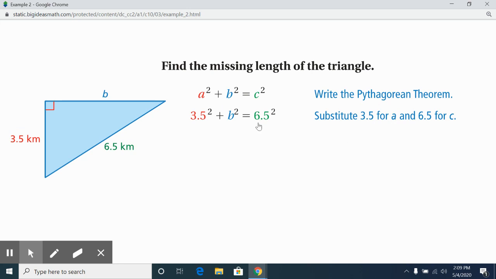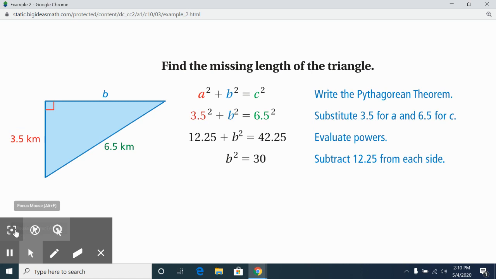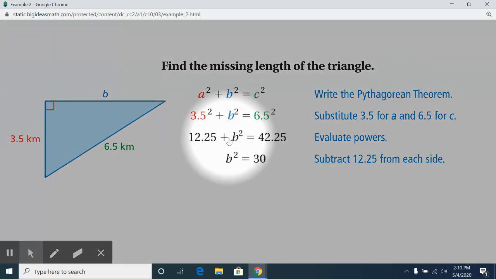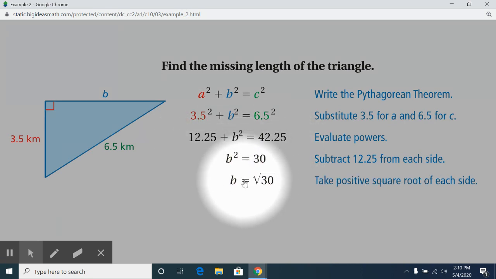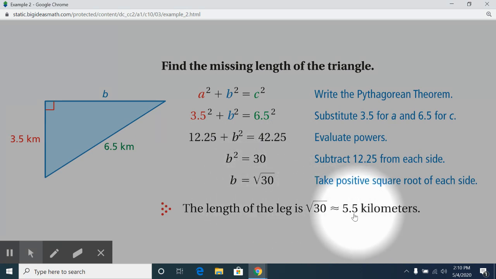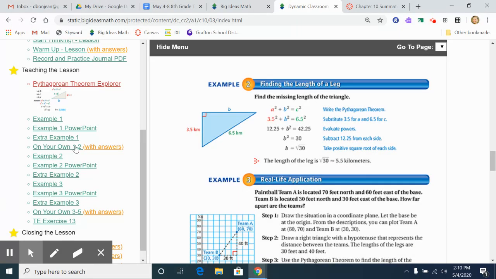Okay, so remember, 6.5 has got to be our hypotenuse because it's across from the right angle. It's the longest side. Okay, so we plug that in for c. 3.5 is one of the legs, and we're finding the other leg. All right, so how do we do that? We would square these numbers, right? Square these numbers to get these numbers, and then we're going to subtract 12.25 from the other side to get 30, and then we take the square root of 30, and this time they round to approximately 5.5. Okay, so that's like number 14. And finally,